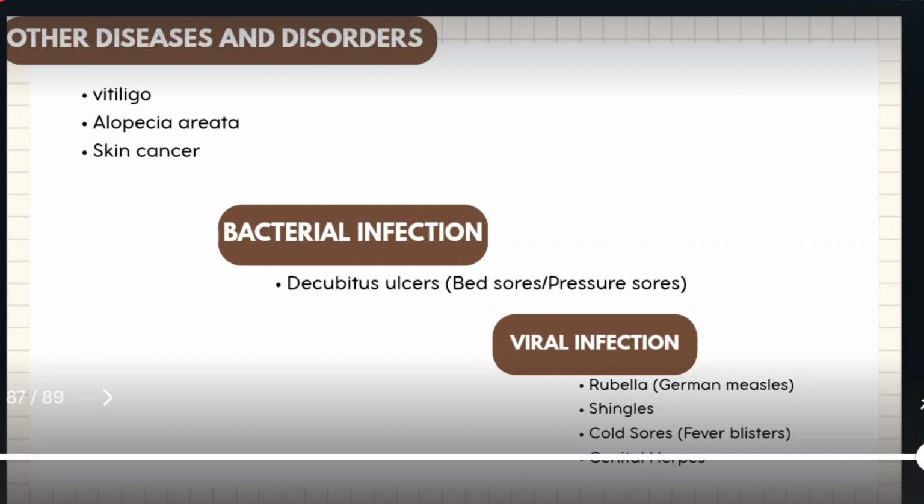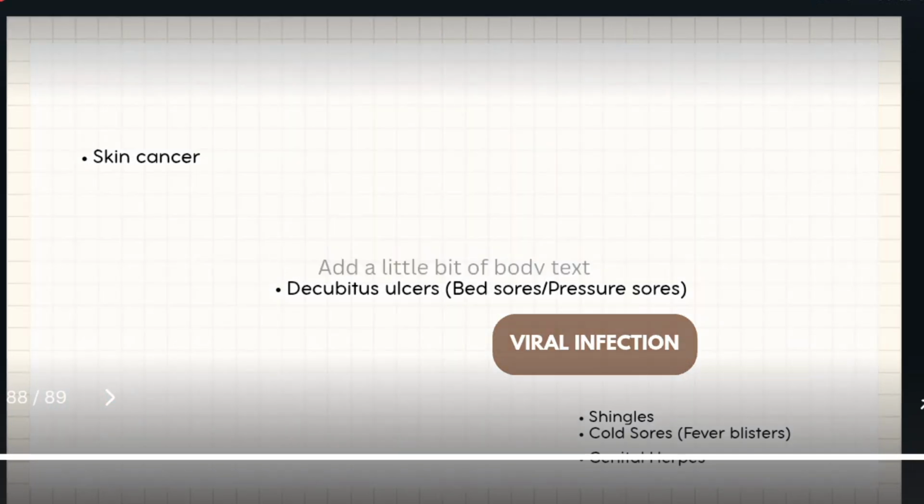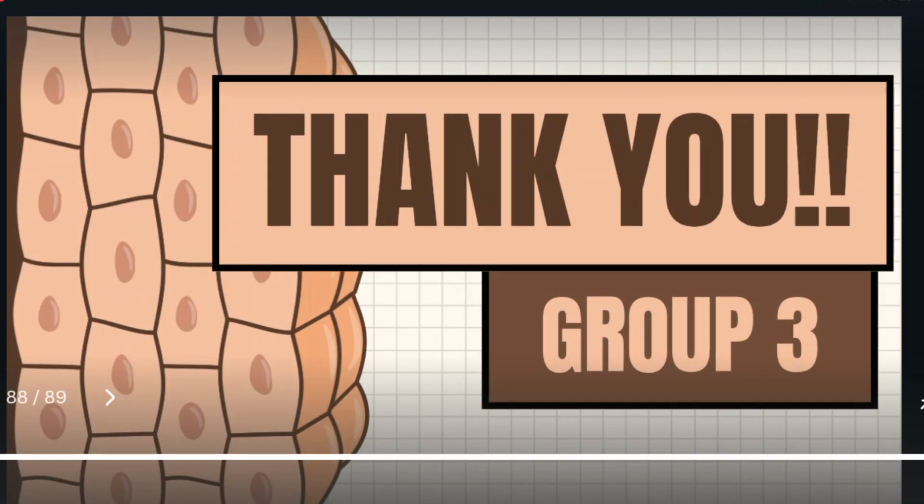So, in conclusion, the integumentary system plays a vital role in protecting the body. It regulates temperature and senses the environment, and understanding its structures, functions, and common disorders helps us appreciate how essential skin health is to overall well-being. By taking proper care of our skin, we can prevent many problems and maintain a healthy, functional